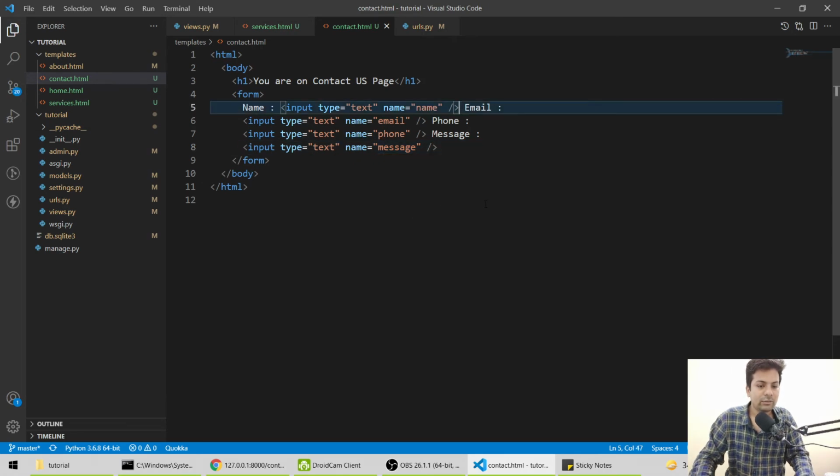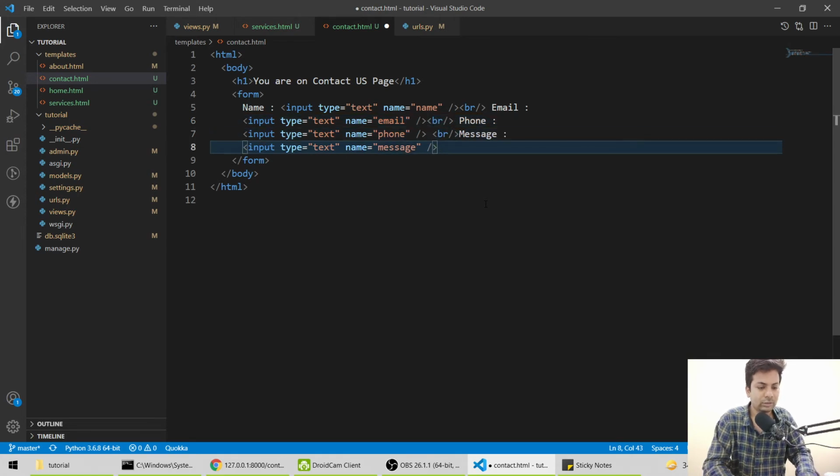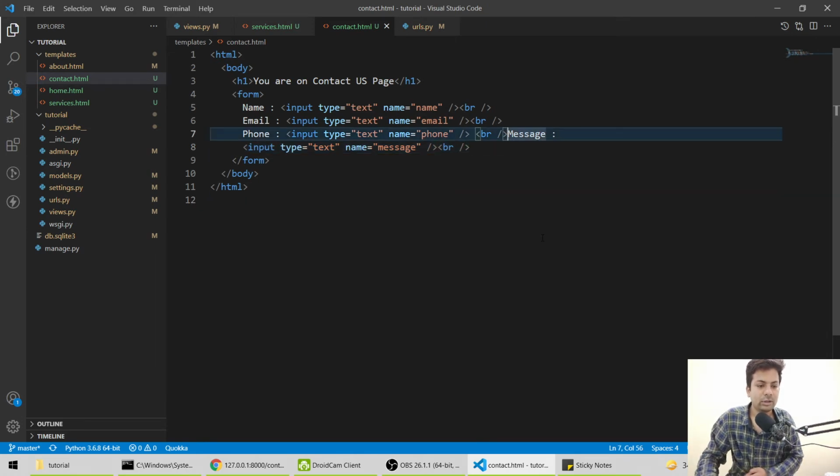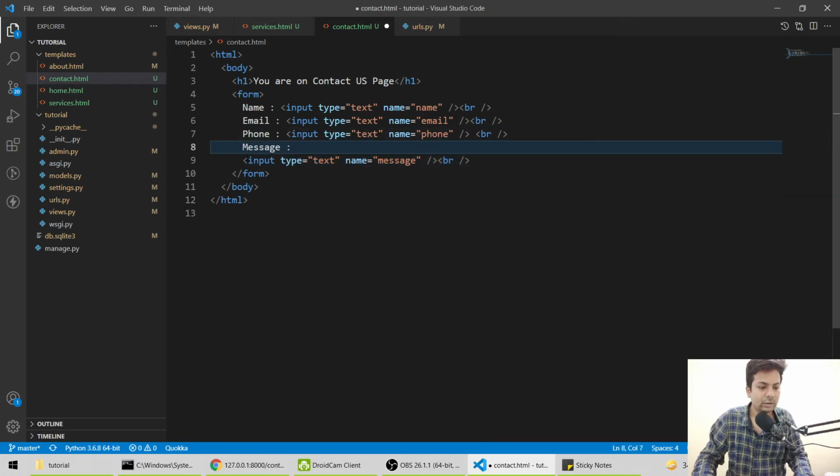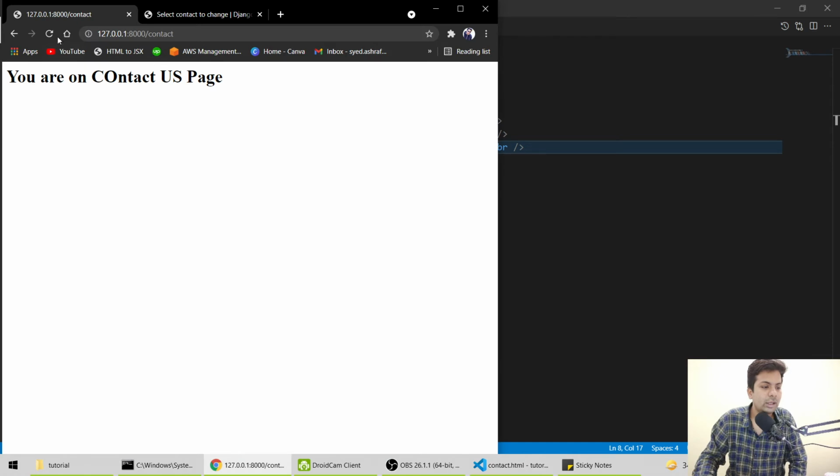I have to put br on every line. Copy, paste, paste, paste. Okay, now email, phone, let me hit enter. Name, email, phone, message. Let me go here and reload it.